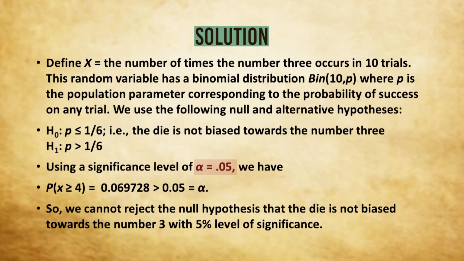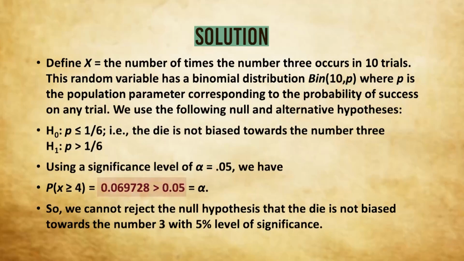Here we will use the significance level alpha as 0.05. So we will calculate probability x greater than or equal to 4. x greater than or equal to 4 we can think of as 1 minus probability x less than 4. Or we can simply calculate probability x is equal to 4 plus probability x is equal to 5 plus probability x is equal to 6 in terms of a binomial distribution. And you can calculate this will come out as